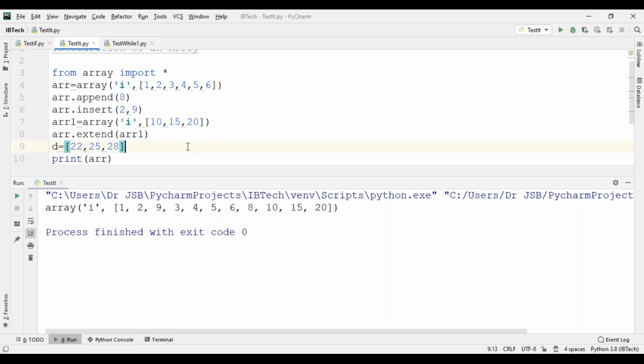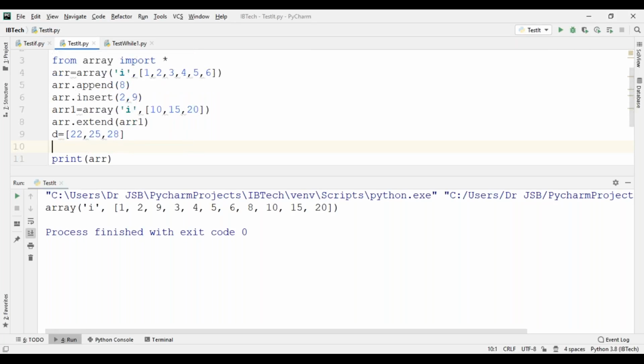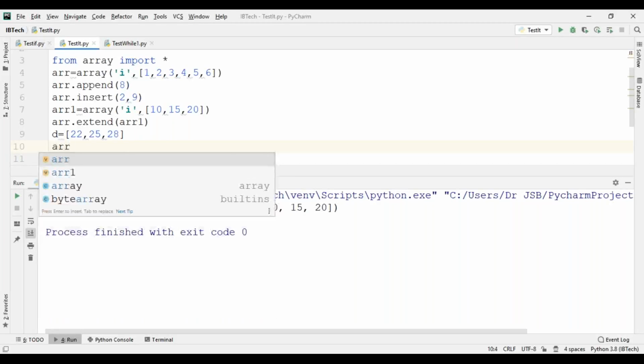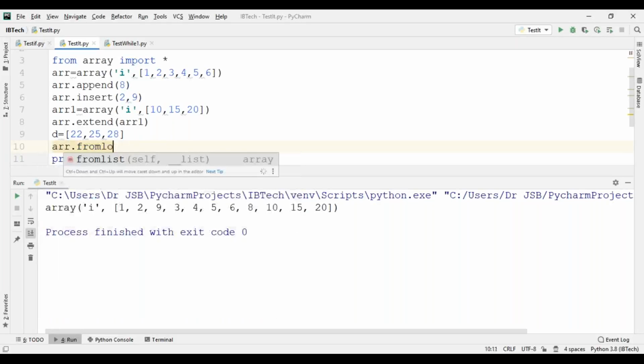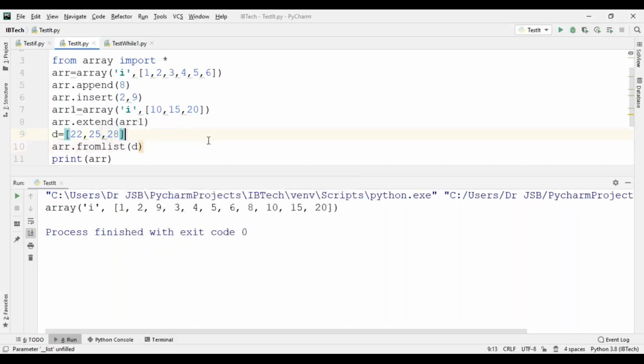We can take this one. Now, what operation did I tell? Using fromlist: arr.fromlist of the given d variable, which we have incorporated, right?